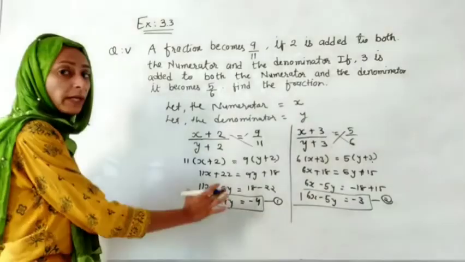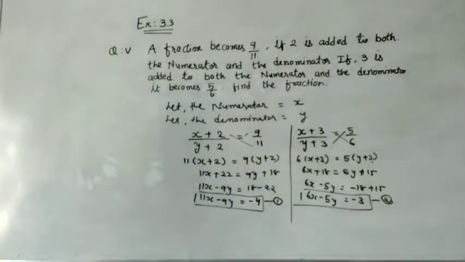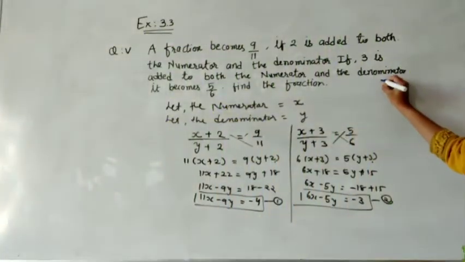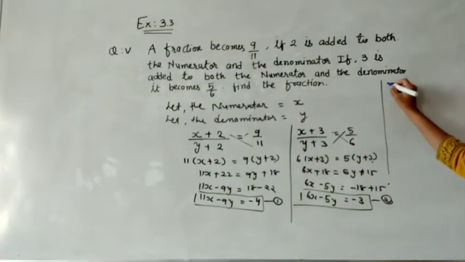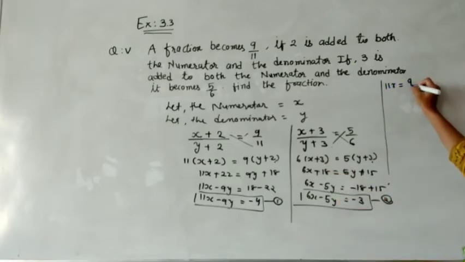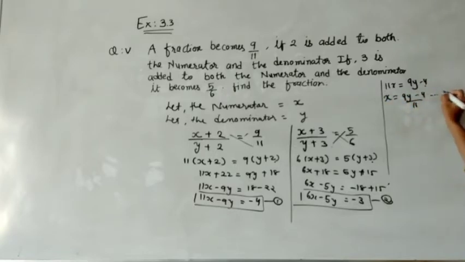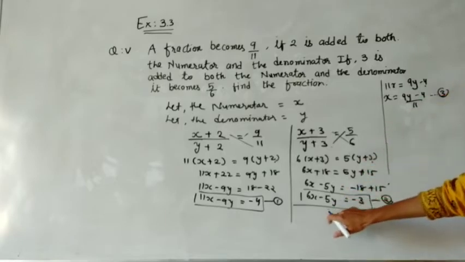So we have to make one the subject and then we have to substitute that value. So how will it look? Let me rub the extra things because we need more space. Let me write somewhere over here. Let me make the subject of 11. So it will become 11x equals 9y minus 4. So x will become (9y minus 4) by 11. And this is our equation number 3 that we have to substitute.